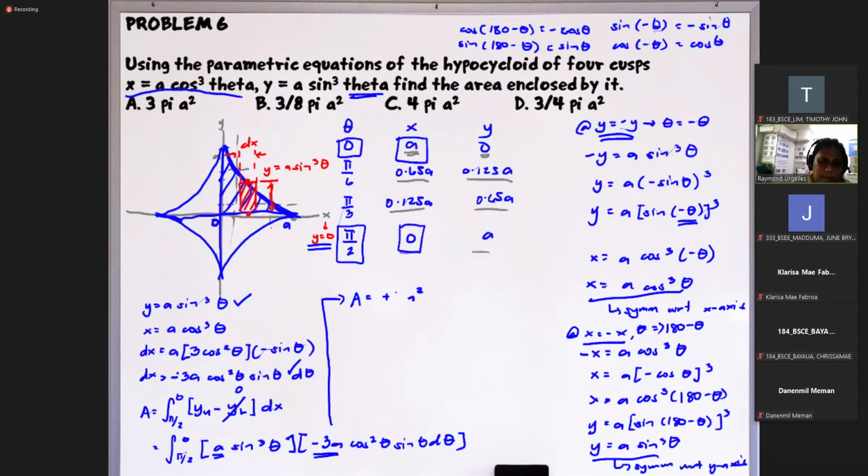So I forgot something here. Again, we need to multiply this by 4 because that's 4. So only half is being considered. So there should be a 4 here. Right? So 4 times 3 is 12. So this will be positive 12a squared. Okay? So then we have the integral from 0 to pi over 2. Okay, so then we have sine cubed times sine. So that's sine to the 4th theta. Then we have cosine squared theta d theta.